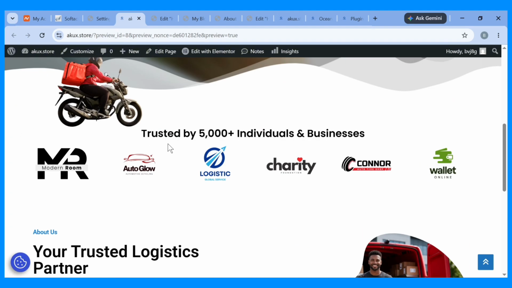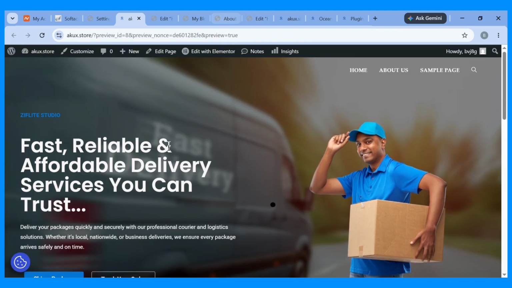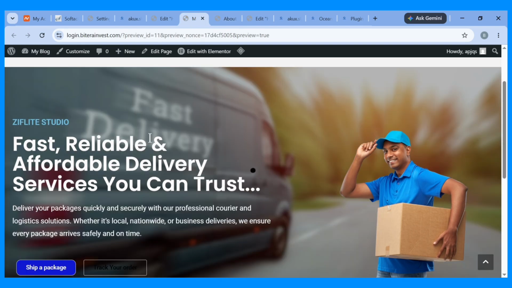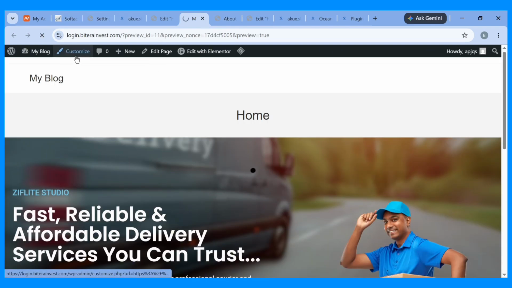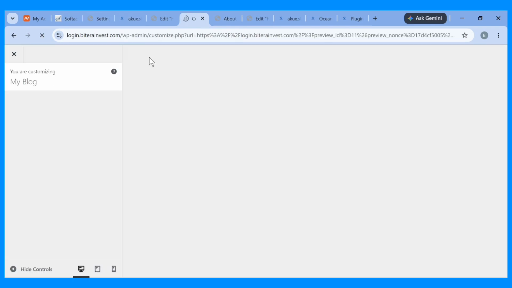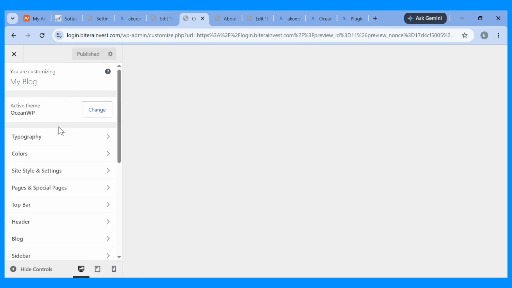Now OceanWP makes it easy for us to achieve this. So all we need to do is come back here. You're going to see this option to customize. OceanWP is the theme we're using. It's a free theme, and this is one of the reasons we use it, because of the customize feature. You have the ability to customize a whole lot on it. So here you could choose the typography, choose the color, you could choose styles and settings,